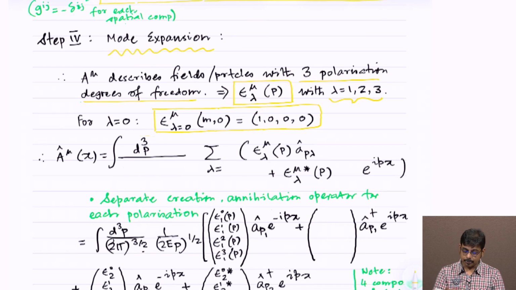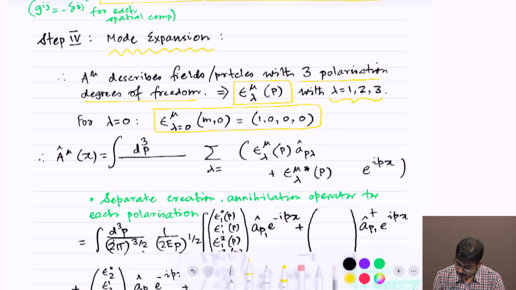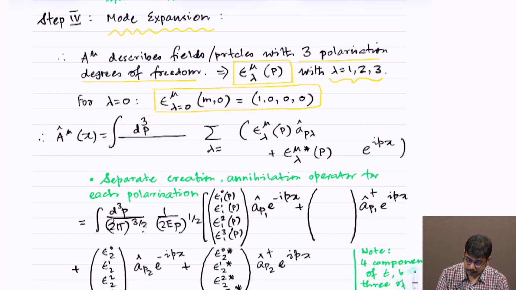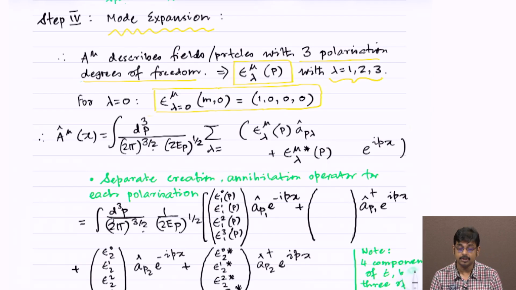Now, it is time that we write the mode expansion. So, the first part is to write, first of all, the integral measure. You remember, it will be the integral of d^3p by (2π)^{3/2} times (2E_p)^{1/2}. We provided sufficient explanation of how and why exactly this is the measure, which comes from using Lorentz invariants, right. And then sum over lambda, lambda will be summed over 1, 2 and 3, correct,